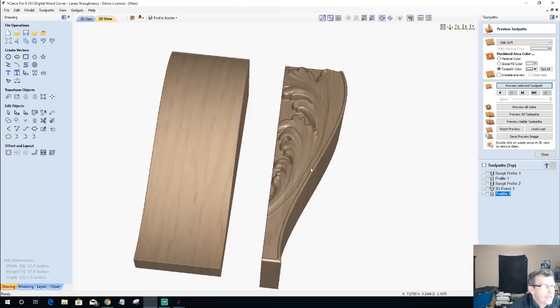is that my bit, when cutting the profile, cut that rounded profile, but when it carved this area in here, it milled my profile away. It milled that outside profile away. So you can see half of it's gone. Half of it's gone. And then you can also see in here on the side that my tool,